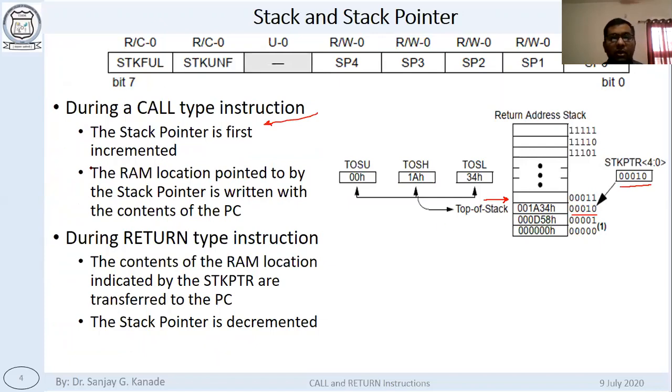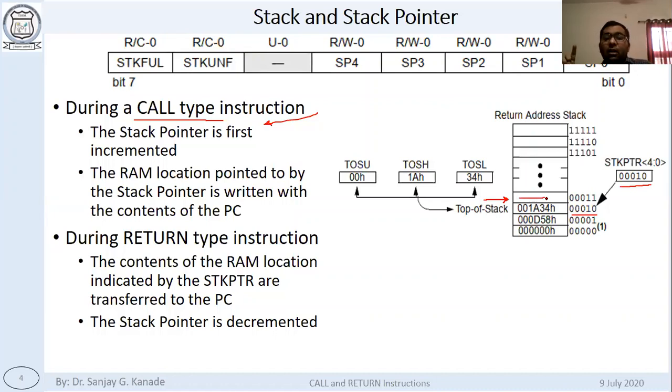So this is what we have just talked about, that during a call instruction or a call type instruction, the stack pointer will first get incremented. Remember, okay, stack pointer will first increment, then the address of the next instruction of call will be written onto the stack, somewhere like this.